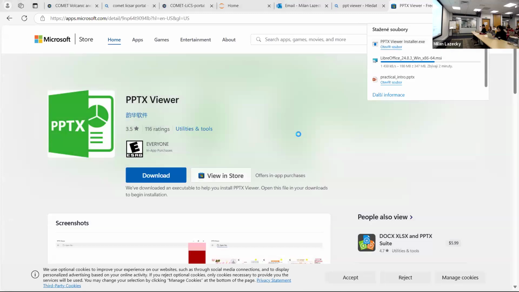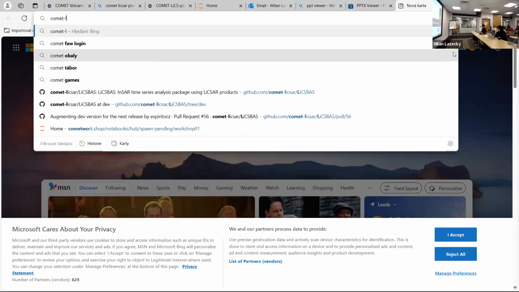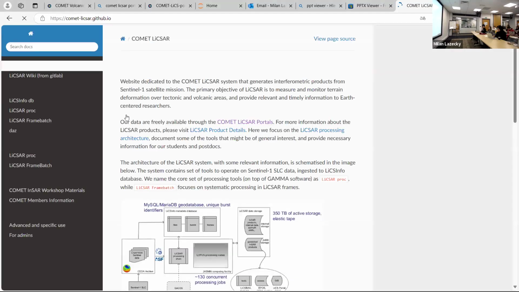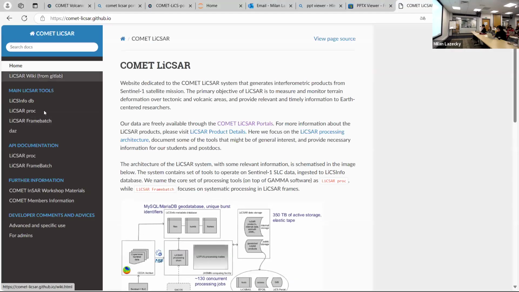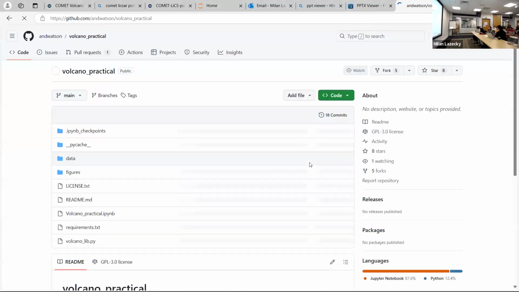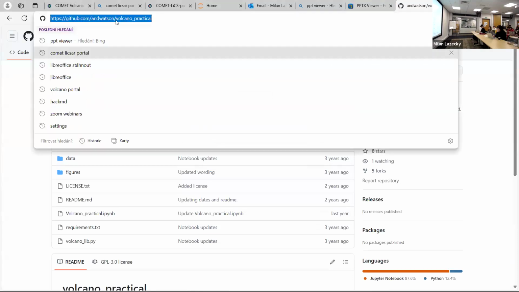You send the links in the chat, which is the volcano practical. When should this start? I think that's pretty late.